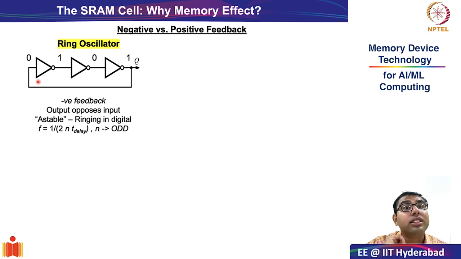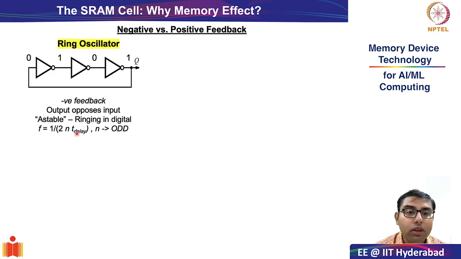And this ringing frequency can give us a lot of vital information. This ringing frequency, as you can see from this formula, can tell you what the propagation delay is at each and every stage. The formula is f, the ringing frequency, is equal to 1 by 2n tau delay,